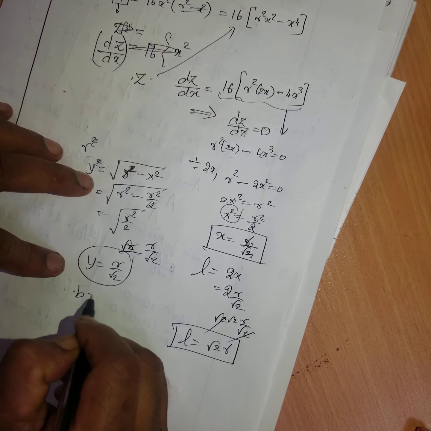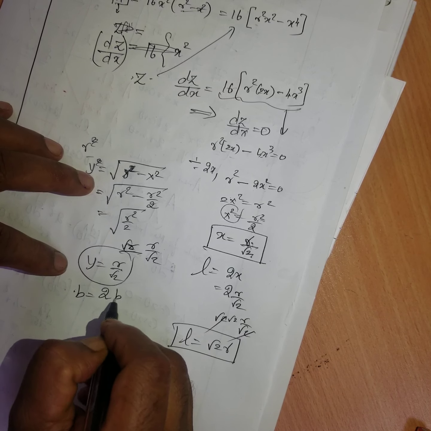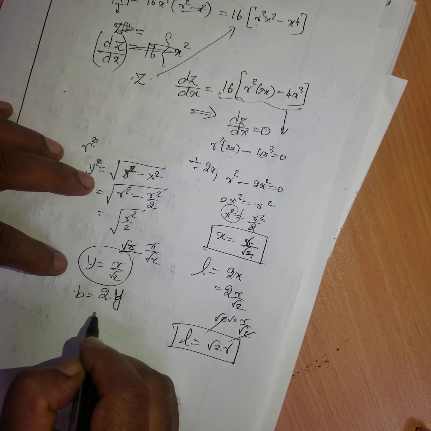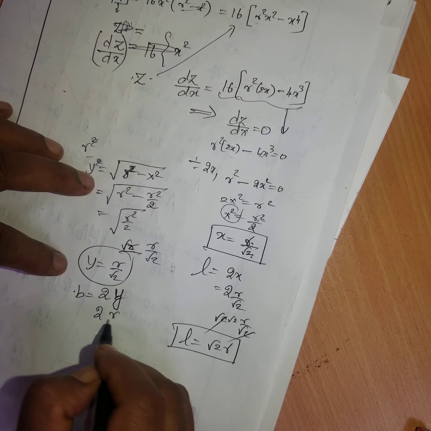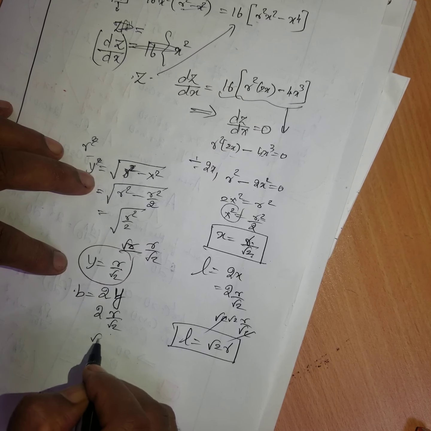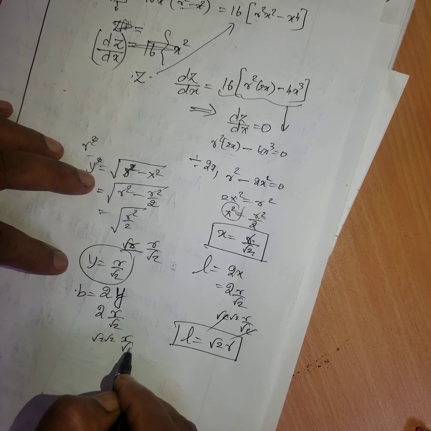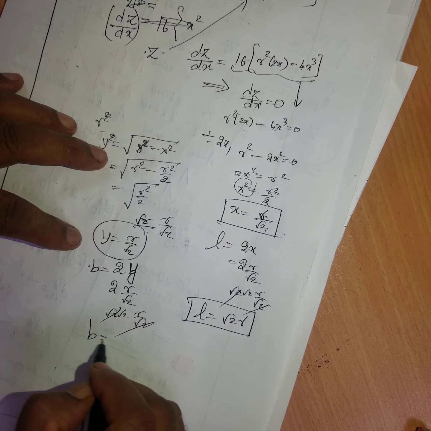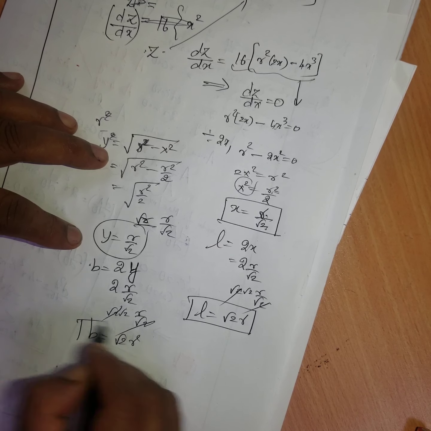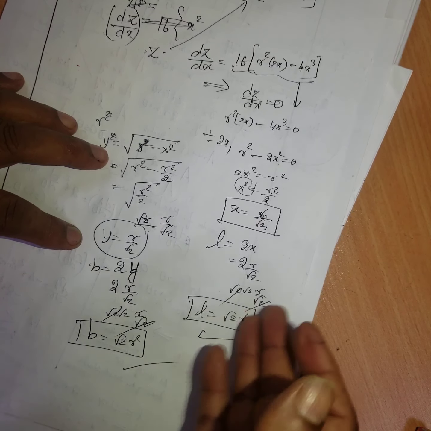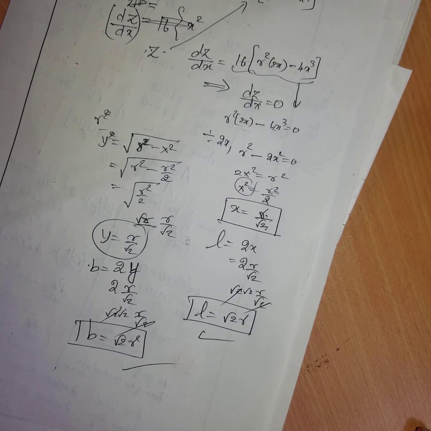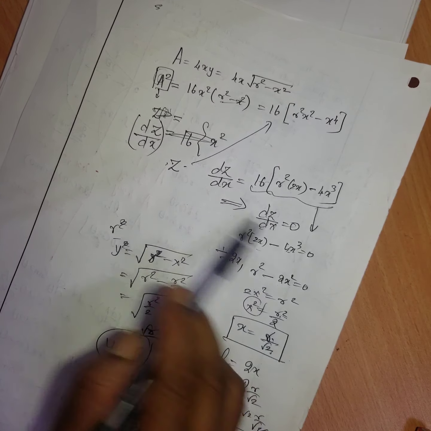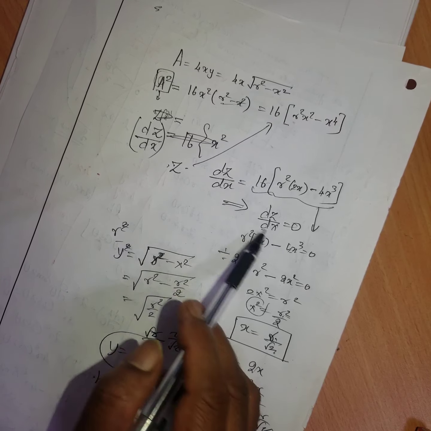Therefore, breadth is what? 2y. That means 2y is what? r root 2. The root 2 and root 2 get cancelled. Breadth is also root 2 r. Length is equal to breadth. Now, sometimes they may ask, see here, we equated this for the condition for maxima or minima.